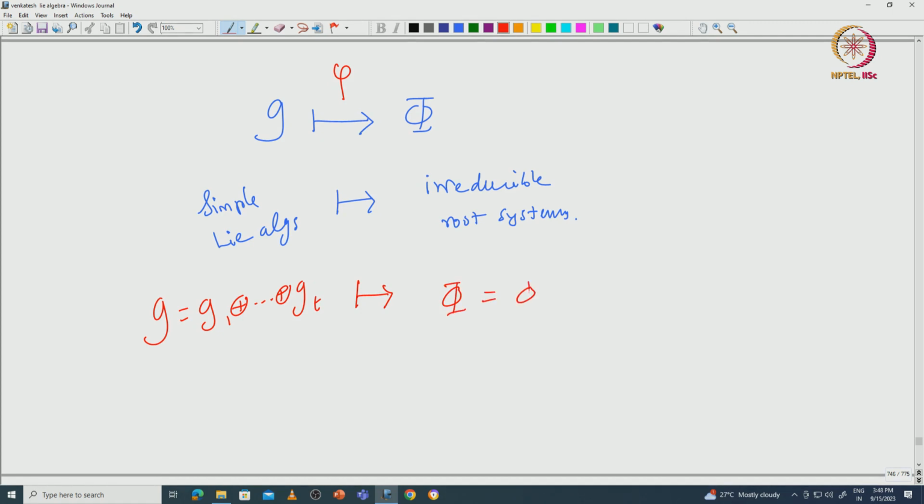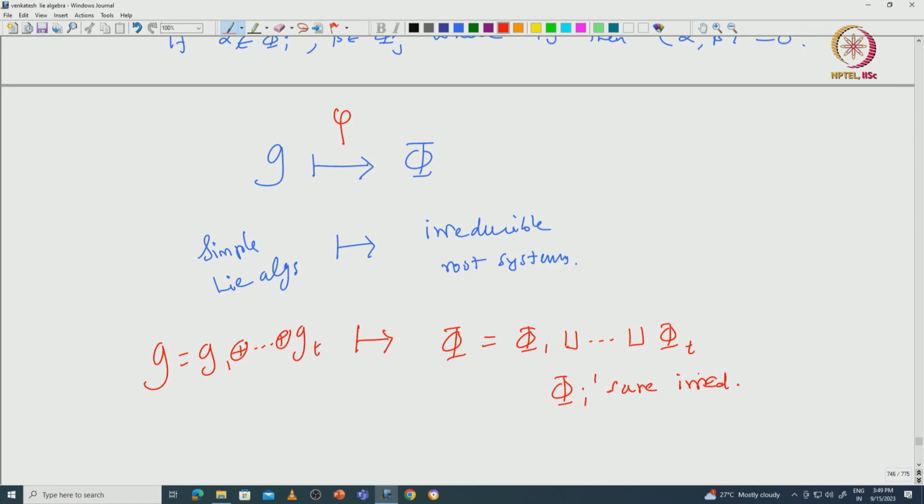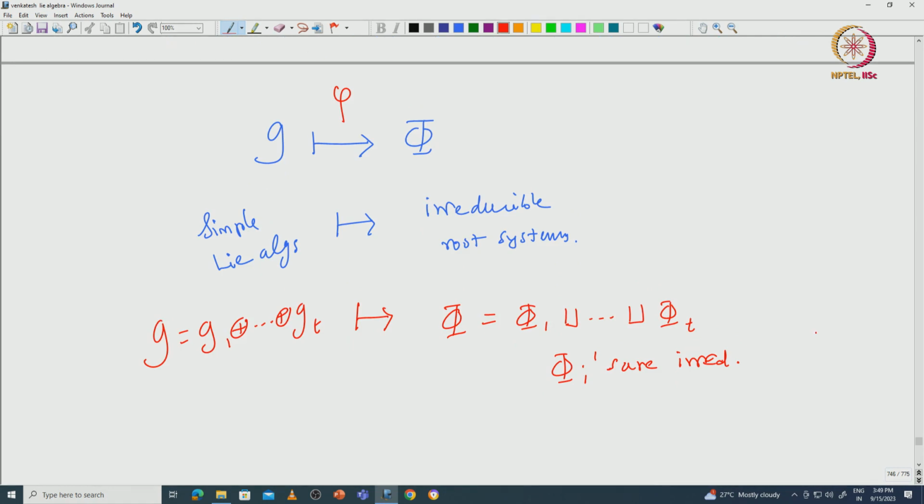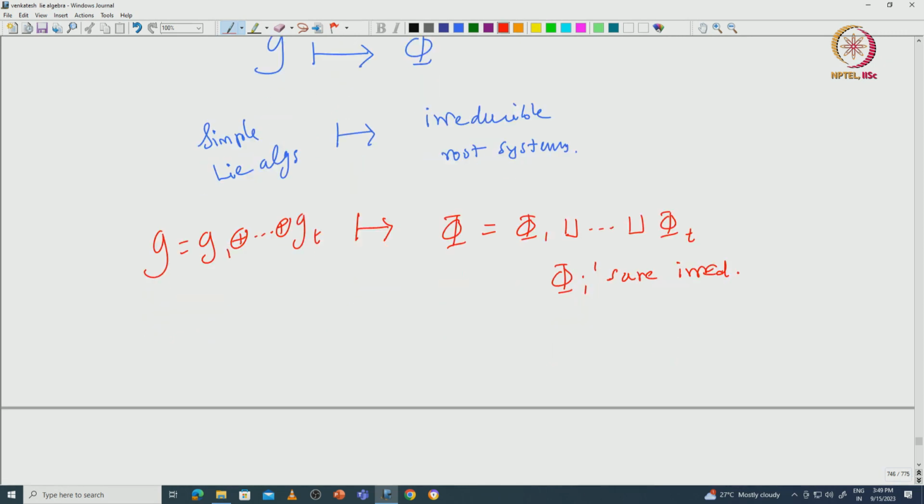So phi is written as phi_1 direct sum etcetera direct sum phi_t, where the phi_i's are irreducible. So, this is the correspondence that we are talking about. Now this indeed reduces our work